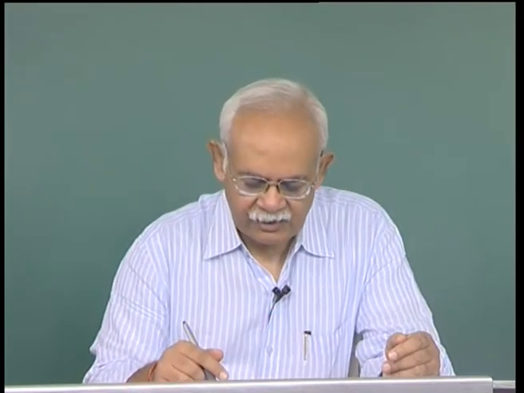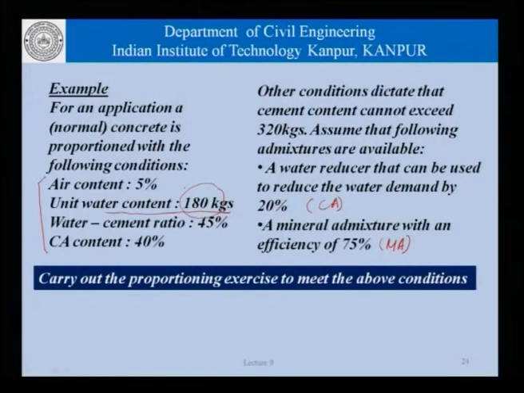So, we need a concrete of 180 kgs of water, so that it has the required amount of slump. We need a concrete which has a water cement ratio of 45%, so that it has the required strength. Capped with this is the restriction that the cement content cannot exceed 320 kgs,